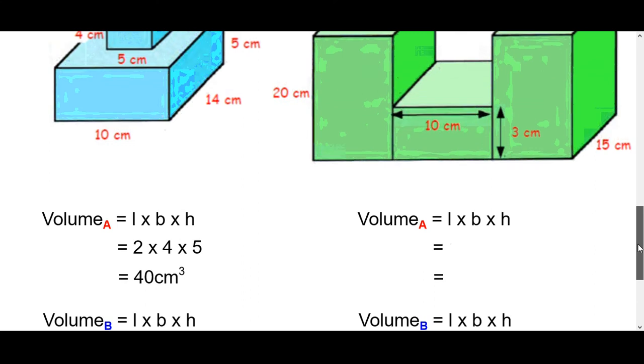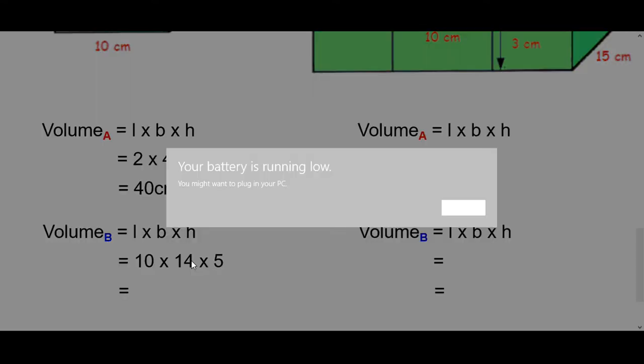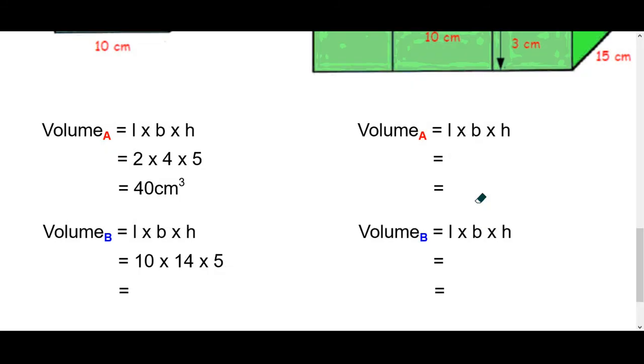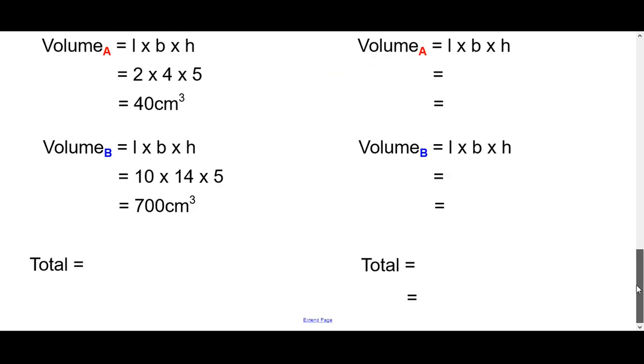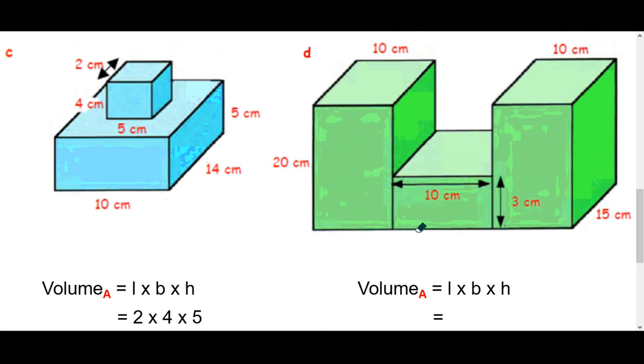So that's 10 times 14 times 5. Again, feed that into volume of B. 10 times 14 times 5, you could do this bit first, 70 times 10, and you would get 700 centimetres cubed. Okay, make sure you add this up. So 700 plus 40, nice easy finish, 740. Now what you'll notice here in this last one is I've got a shape here, another one, and another one again,